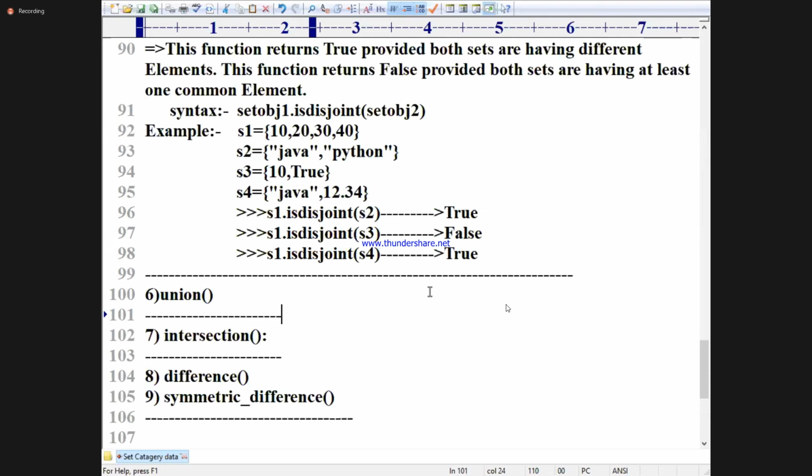I want to take only the people who are playing football without playing shuttle. That is called difference, minus. I want to take only shuttle players without taking football players. The common players will not come; only shuttle players will come. This is a requirement you will come across.